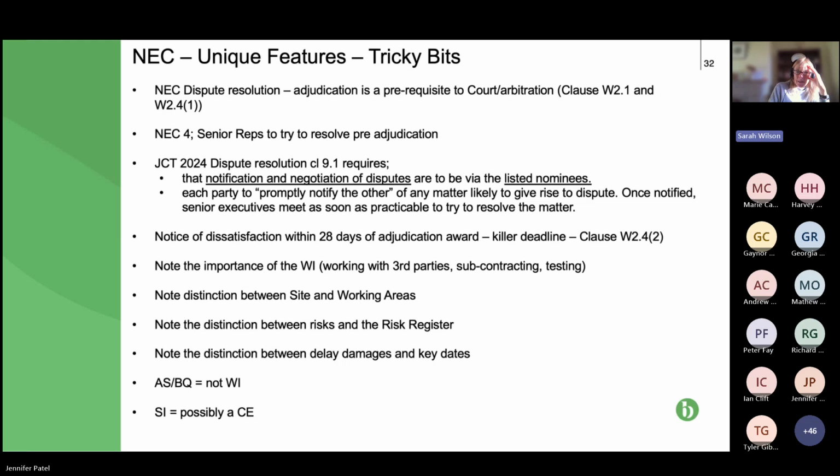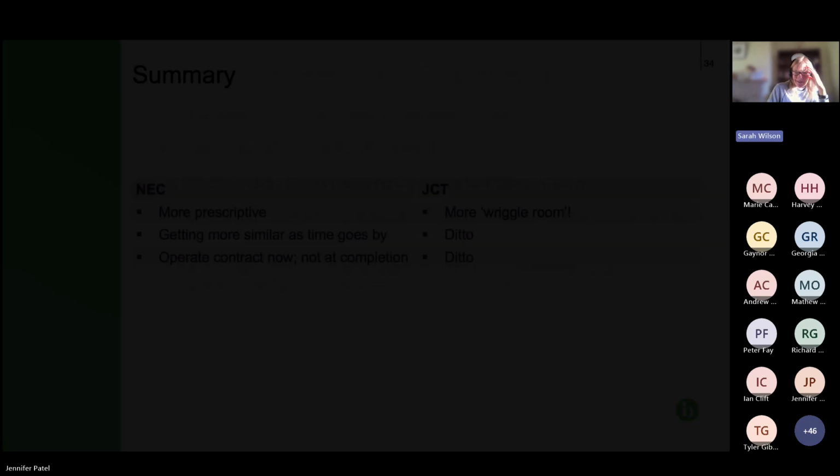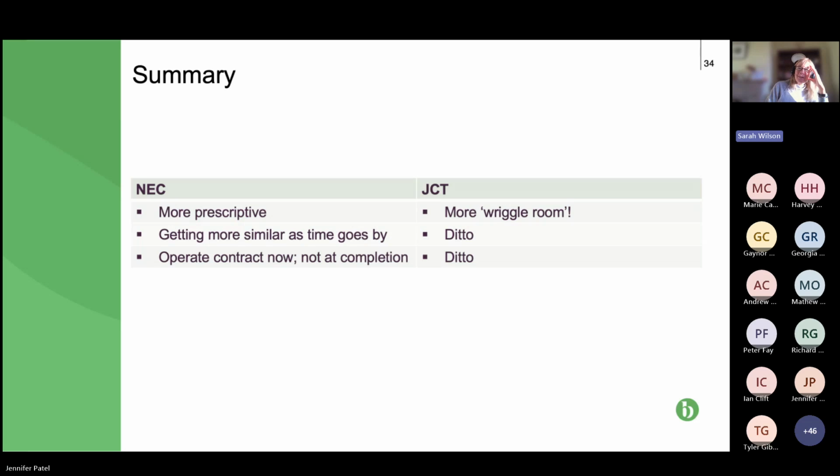And JCT 2024 has introduced a very similar mechanism, not as structured, but it requires the nominees, representatives to get together to try and resolve things. So if we can move to the next slide, and then the next one, which I think is the last one. Yep. So in summary,